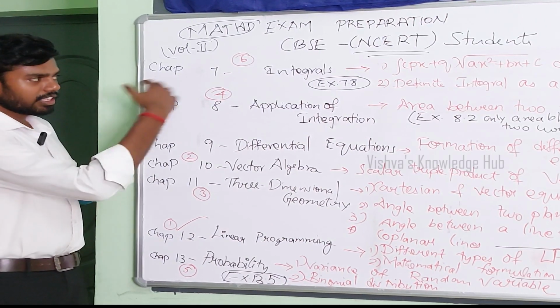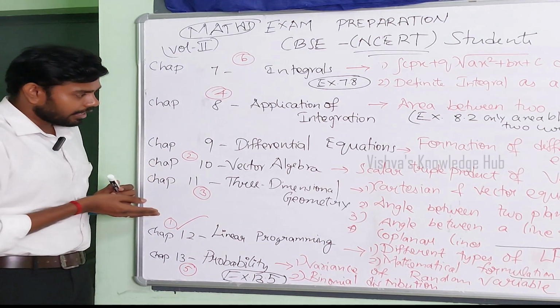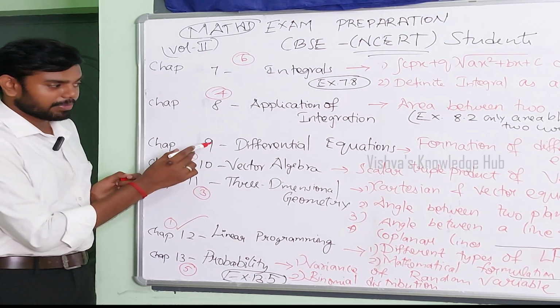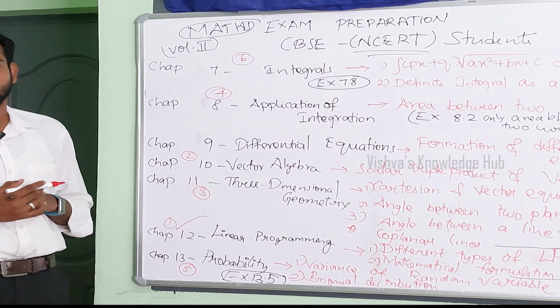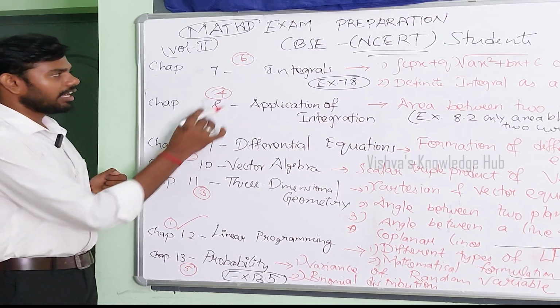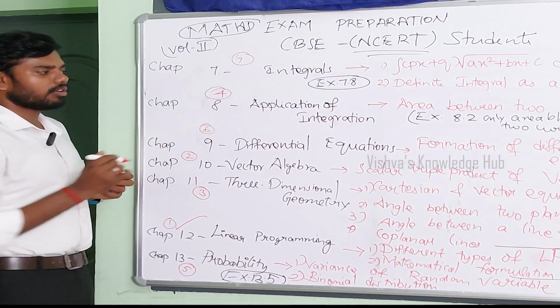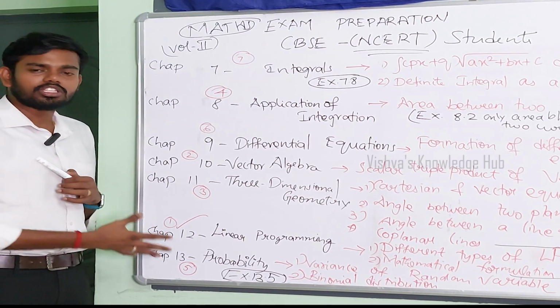These are the things we have, along with the deleted portions. In this ordering we have left out differential equations, because some will feel it is easy and some might feel it is tough. Depending on your situation, you can have this as number 6 and integrals as number 7. So these are the categories, and I hope it will be easy for you to understand.